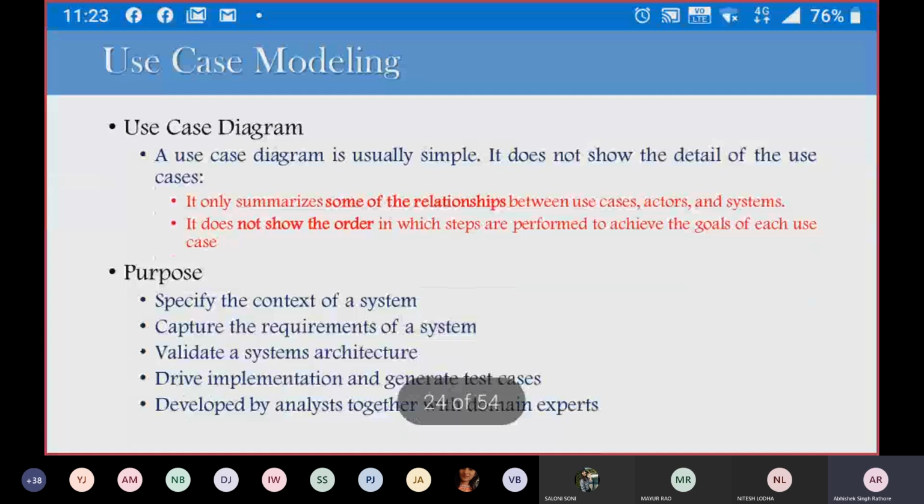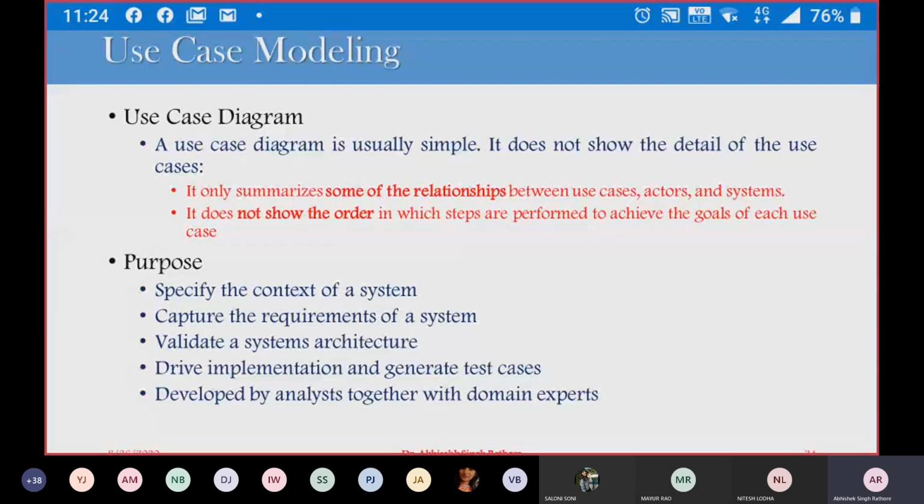Use cases are generally the functionality of our system. We include the main functional requirements of our system. Actors are the users of the system, and finally the overall system, which was covered in the first lecture. It does not show how your data flows from one side to another or across different components, but it shows the major functionality of the system.